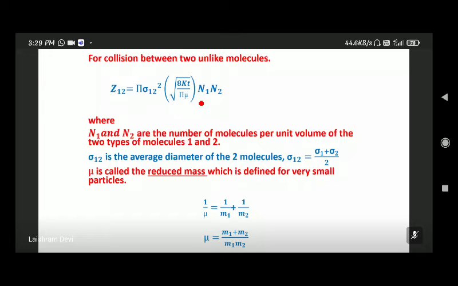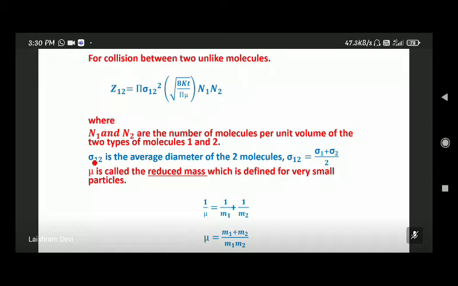लिख लिया? तो यहाँ पे Z12 भी वही है। When we write two subscripts, it always means the total number of bimolecular collisions. So here Z12 means the total number of bimolecular collisions between two unlike molecules, molecule 1 and molecule 2, ठीक है।